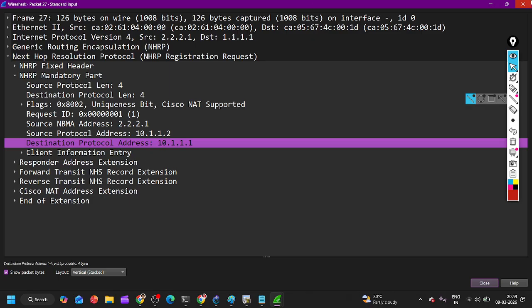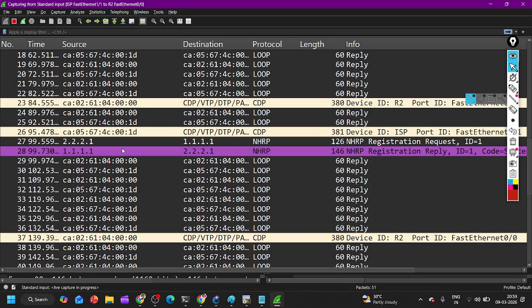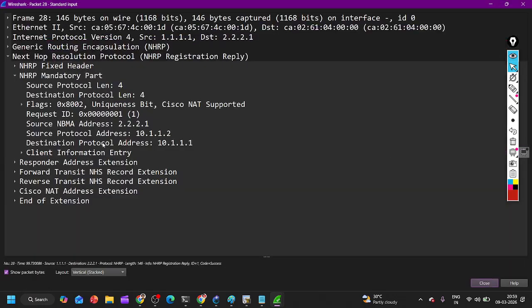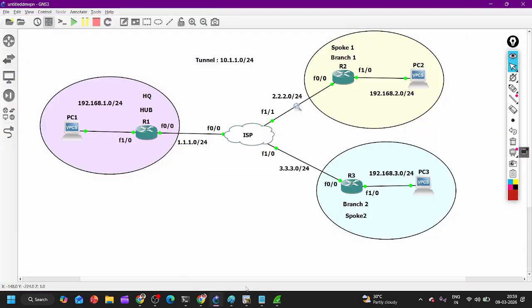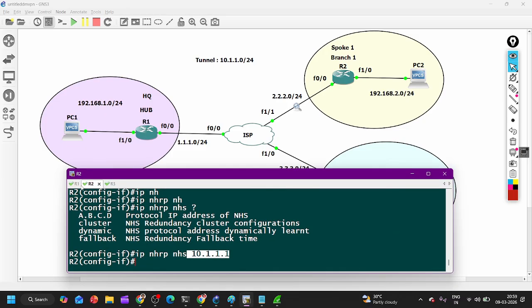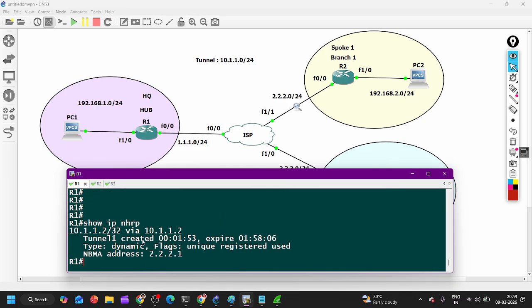And in response to the NHRP registration request, R1 sends a registration reply message, right? You can see the reply message. And now the hub router, router 1, will start maintaining a table. Which table? The IP NHRP table. In the NHRP table you can find the NBMA address and the protocol address, the remote tunnel IP address. The NBMA address is 2.2.2.1 and the remote IP address is